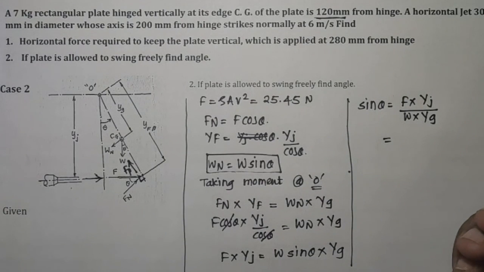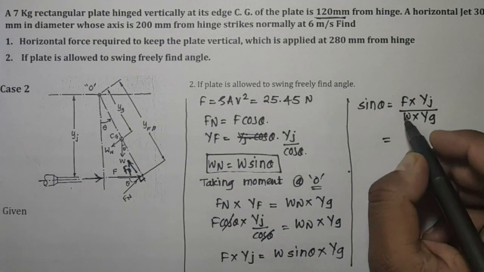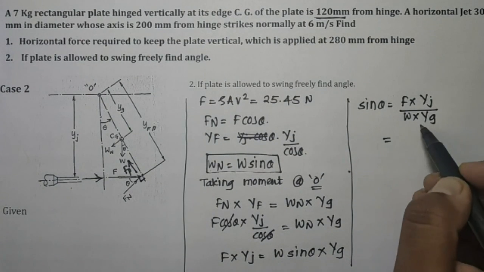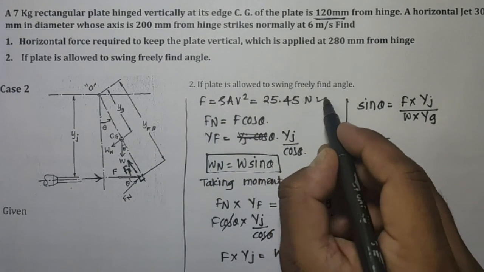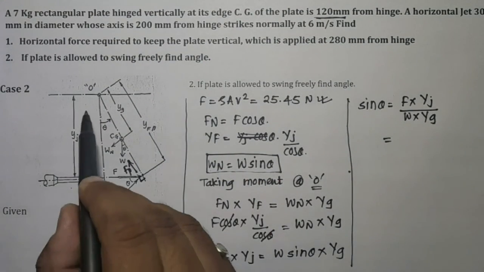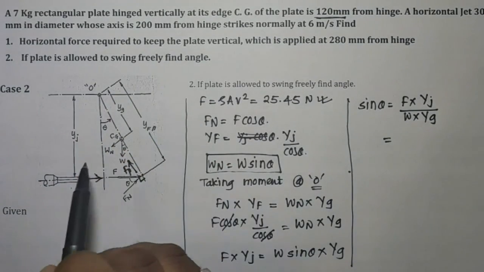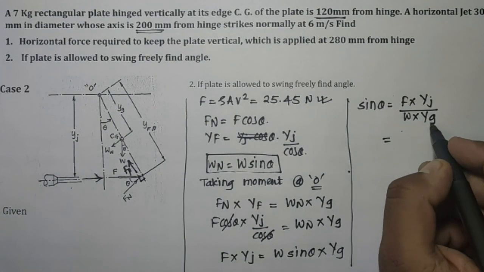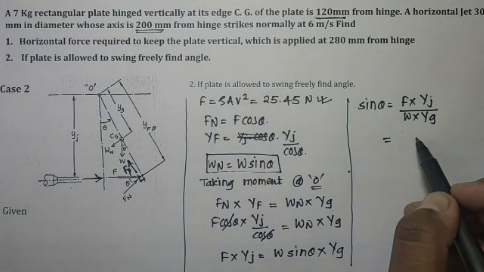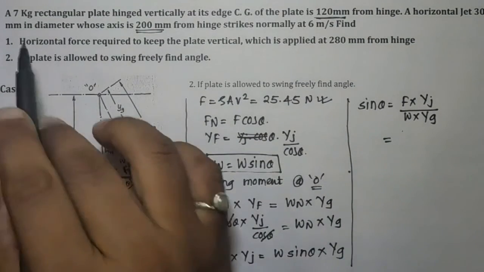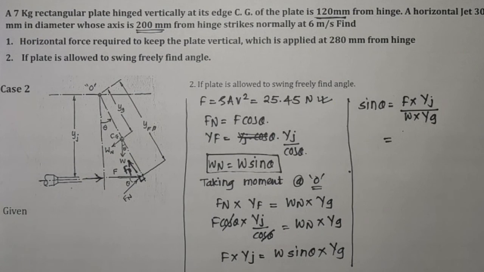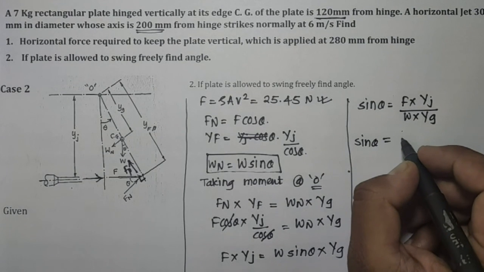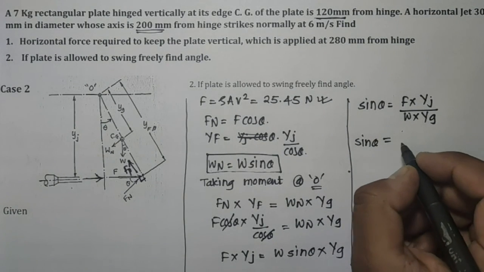Now everything related to this angle theta is available with us. F is this particular force F. Yj is already given, and it is 200 mm, so 0.2. Yg is 120 mm, meaning 0.12, and W is 7 into 9.81. If we put all these values in this equation, we will have sin theta equal to